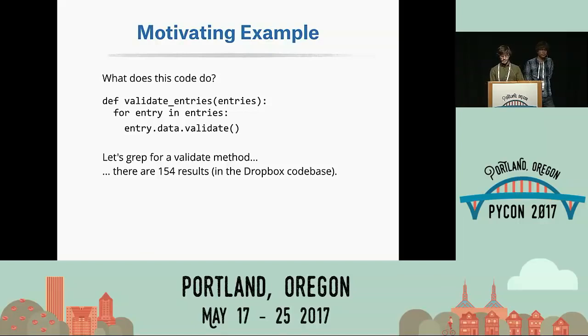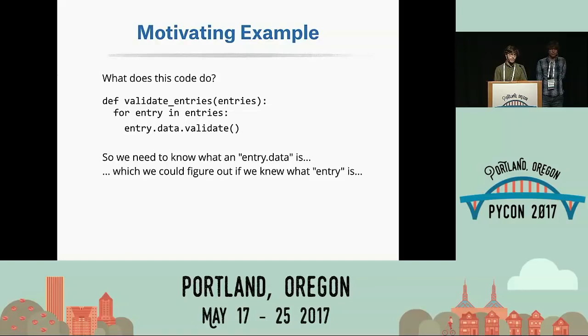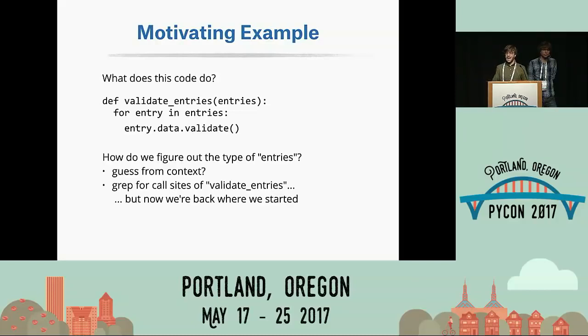We don't really want to have to read through all 154 validate methods to try to understand which one this might be. So if we knew what an entry.data was, we would be able to figure this out. And we could know that if we knew what an entry was, which we could know if we knew what an entries was. But how do we figure out the type of entries? We could try to guess from context, but in this sort of function, that's not really helpful at all. So we could grep for call sites of validate entries, but now we're kind of just back where we started. Maybe there's a lot of call sites. Maybe some call sites pass in one sort of entries, and some call sites pass in another. It's easy to miss one of those. So we are potentially having to read through thousands of lines of code just to be